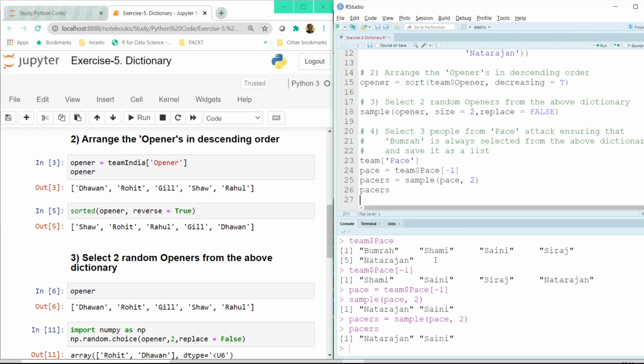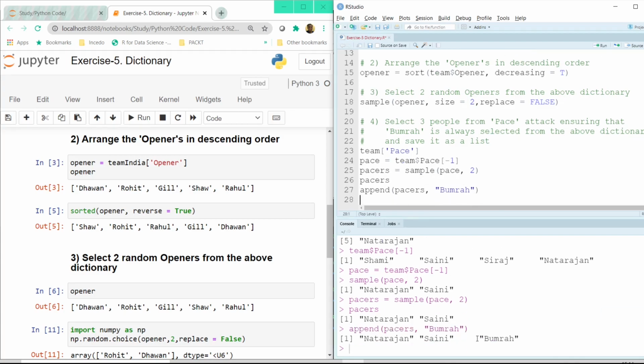All right, now if I also want to add Bumrah to the list, I need to use the append function. Inside the bracket I have to pass the variable which I created above, which is pacers, and then the values. For values we have to type Bumrah, and if I click on the run button, it gives Natarajan, Saini and Bumrah.